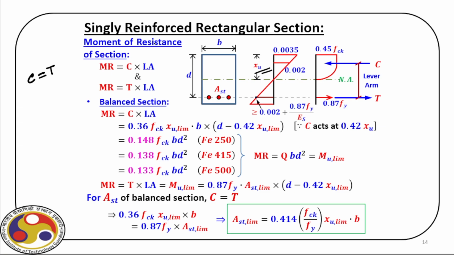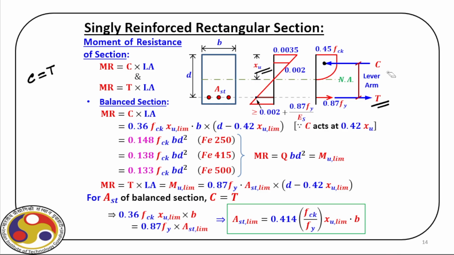Now for the moment of resistance of the section, what we have to do? We have to find out the lever arm. The same thing we did in case of working stress method. That time it was JD, if you recall. But here we have a different formulation. So we can find out the lever arm because we know the location. First thing, we have found out the location of this concrete force. So once we know the location of this compressive force, we already know the location of steel where this tensile force acts. So the distance between these two is the lever arm.